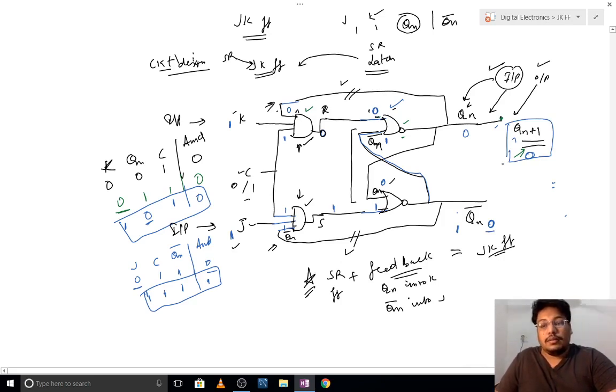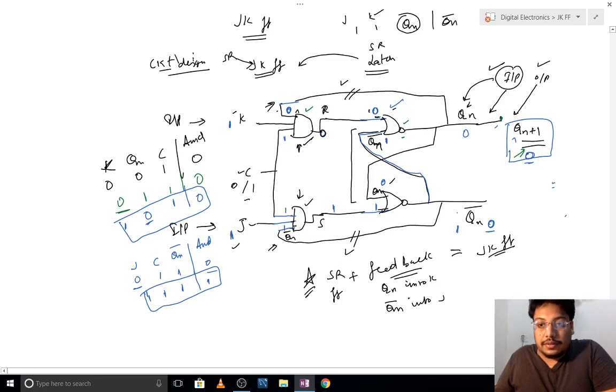Okay, but we have said that it is toggling. So what we will do, we will take some more inputs to make it definite. Okay, now Qn plus 1 is 0. Again putting this value here, 0 1 1, again it will be giving me 0, and here I have 0.